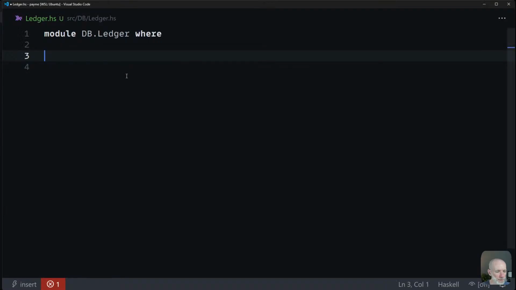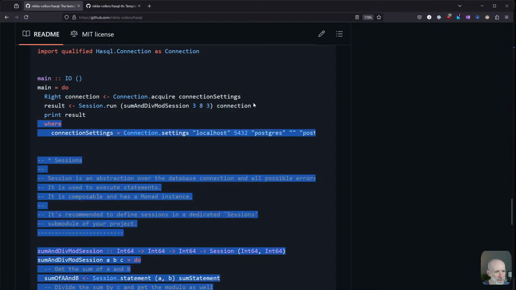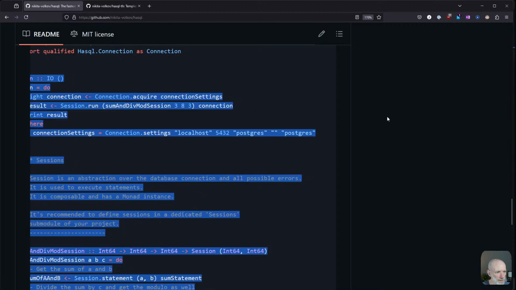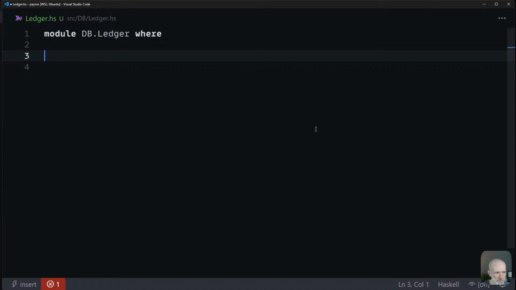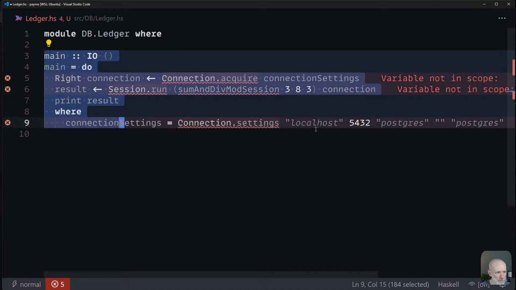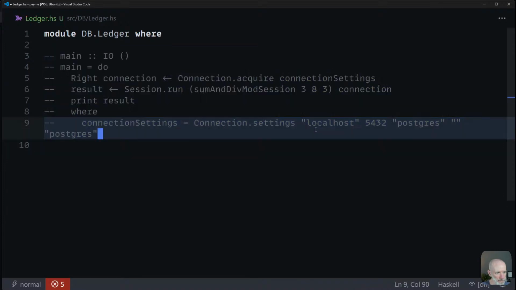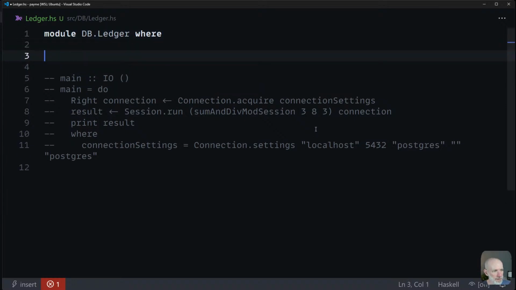Okay, so what are we going to do in here? I'm going to copy this code for a second. But I'm then going to comment it out because I want to grab bits of it, but not all of it. And I'm not running it inside main. So I'm going to write something that will create a session and return it. Or connection and return it. Right, let's do that. So let's say something like